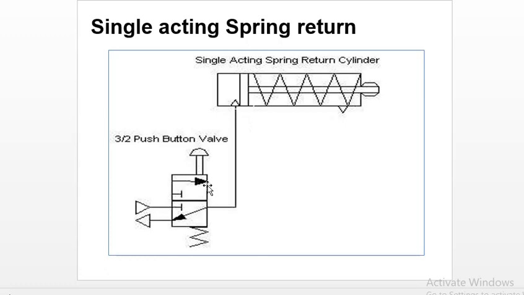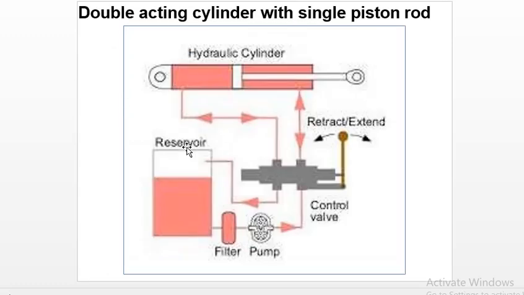Now this position goes from here to here, and the oil goes to the reservoir or the tank, and again the DCV is changing its position. Due to this, again the spring is used. Firstly, the push button is operated, and secondly the spring will decompress and this position can be changed. So this is called a single acting cylinder.